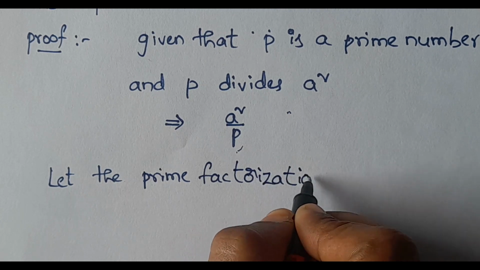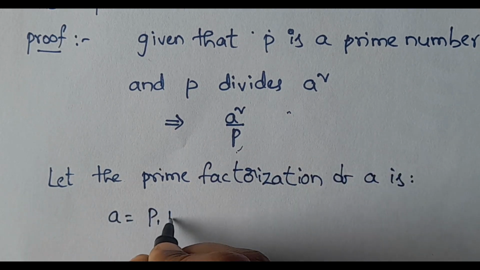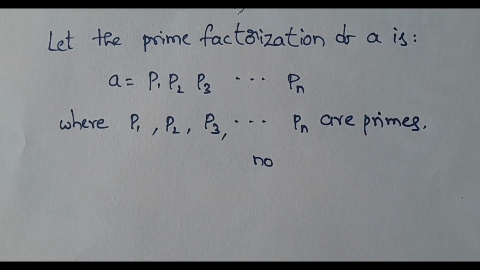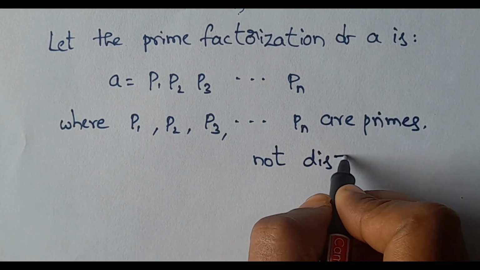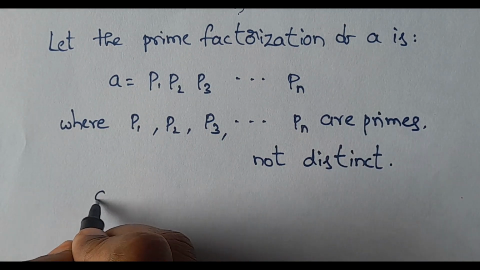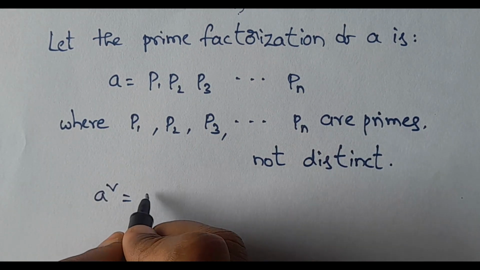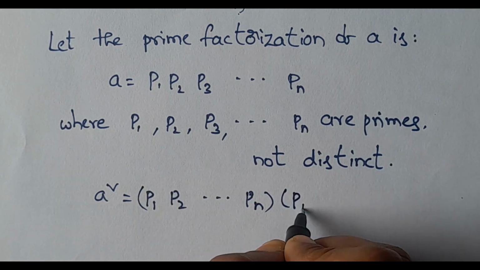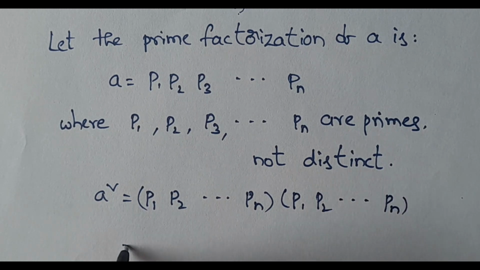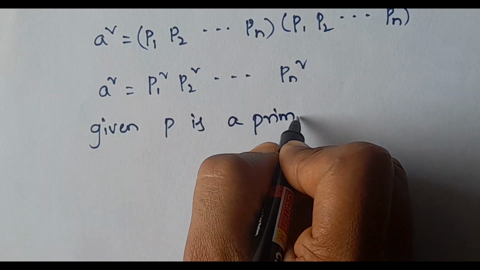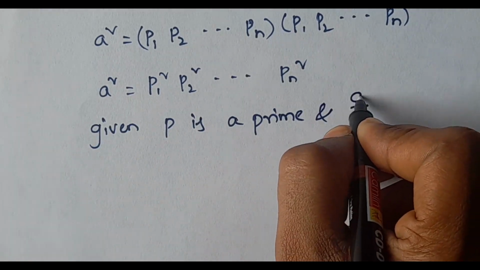Let the prime factorization of a be a equal to p1 into p2 into p3 into and so on pn, where p1, p2 and so on pn are primes which are not distinct. Not distinct means there is a repetition. Then a square is equal to a into a, p1 into p2 into and so on pn into p1, p2 and so on pn. It is equal to a square is equal to p1 square into p2 square and so